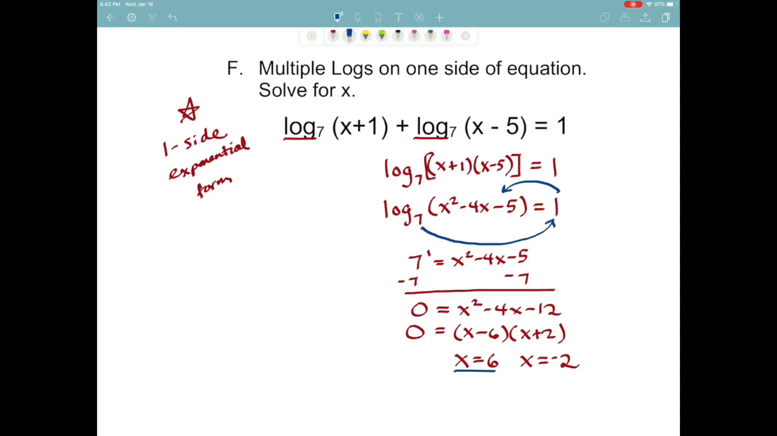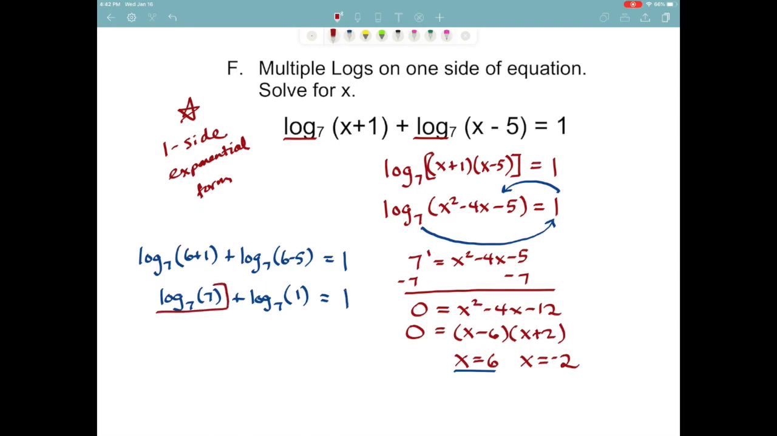If we take our 6 and plug it in, we have log base 7 of 6 plus 1 plus log base 7 of 6 minus 5. That should equal 1. This would simplify to log base 7 of 7 plus log base 7 of 1 equals 1. Log base 7 of 7 we know equals 1, plus. Now if we took log base 7 of 1